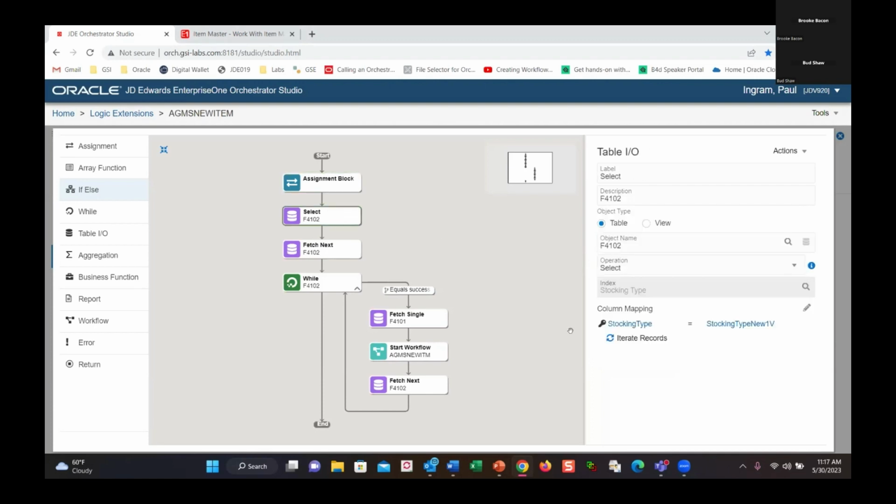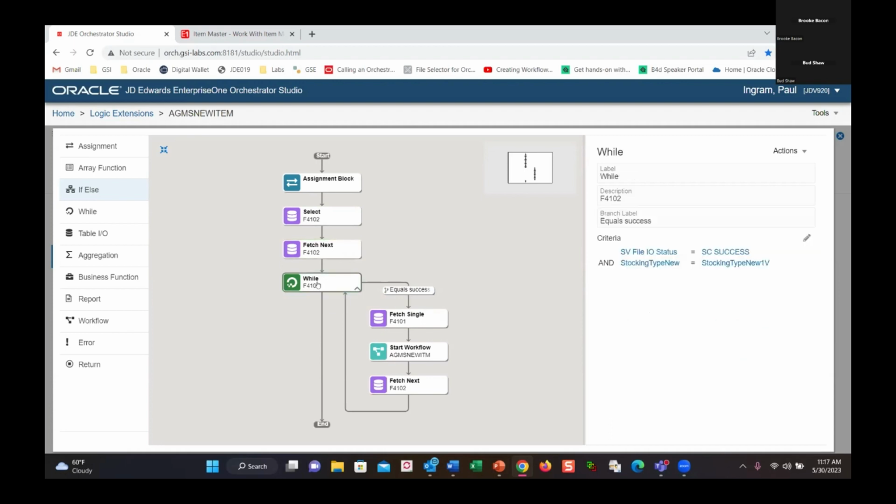This is just walking through the select. So it's looking at the 4102, the item branch, and saying if the stocking type equals my new stocking type, that's my number 4. So if I wanted to use a different one, we could do that in the assignment block and change it. Then it's going to loop through and do a fetch next. So this is looping through the item branch areas: the cost center, branch plan, new item number, a stocking type. And while we're successfully looping through those records and the stocking type